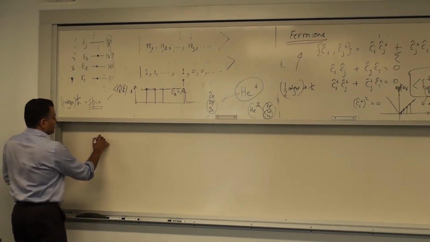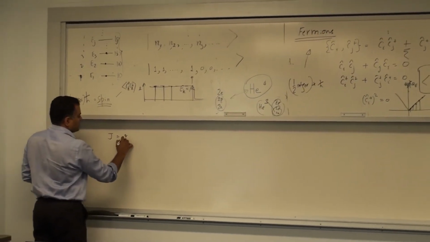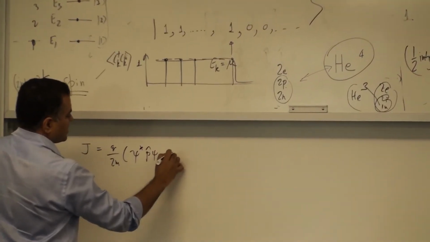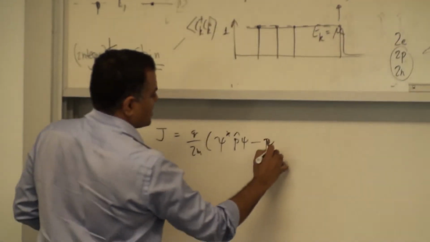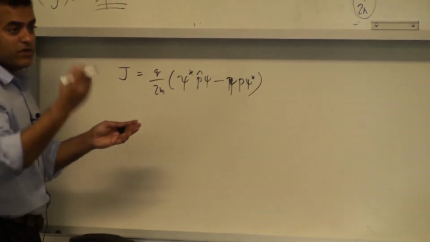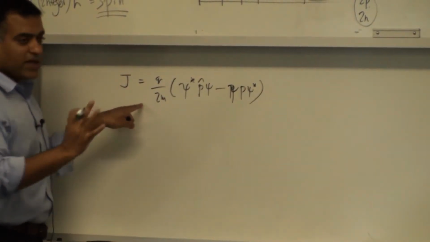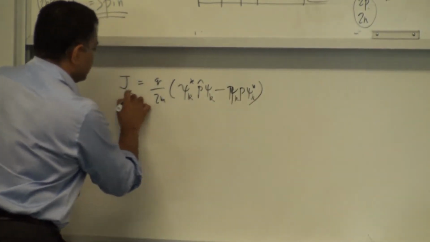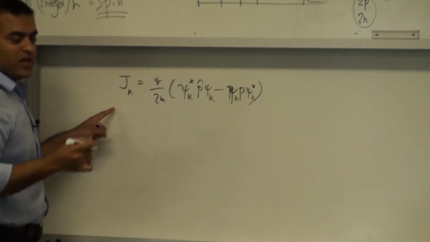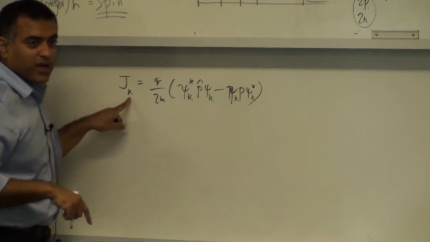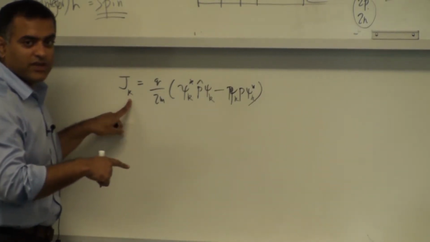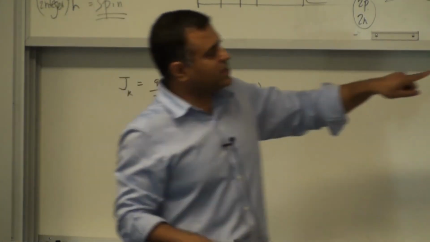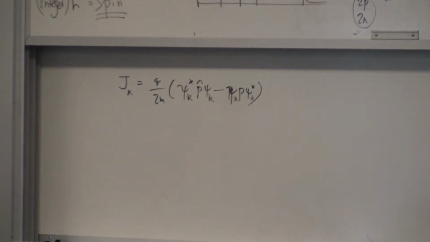First of all, earlier we have already written down an expression for the current, right? Q over mass, times psi star p psi. If you know the wave function of a quantum mechanical particle, you can write down the current of that particle, and that wave function could be of any orbital k. So that's something we had written earlier. What are we doing now? We are trying to find out which orbitals are occupied and by how many particles. And we find that it's very different if it's a boson or a fermion. The distributions are different, and these are the average, equilibrium values of occupation.